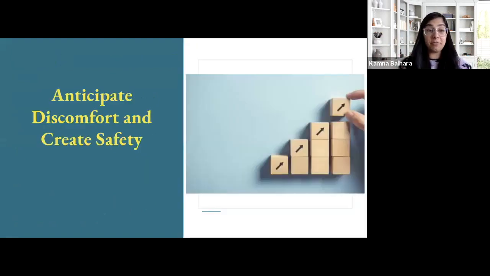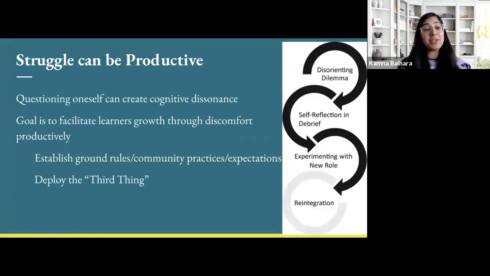So moving on to discomfort. Discomfort is actually to be expected. But what's really important, what really sets your future endeavors apart, is that you make that discomfort a space of productivity. So uncomfortable moments, difficulties, crises, those are not to be avoided, nor do they indicate failure, but they're actually really important opportunities for growth. And we need to create processes and experiences to help our residents through this discomfort productively. So here's a couple ways that we can do that.